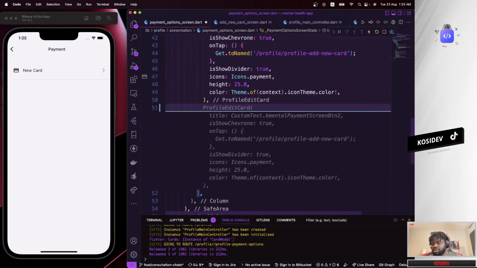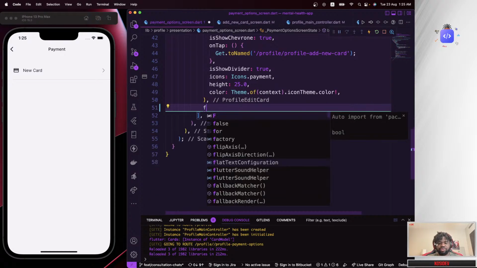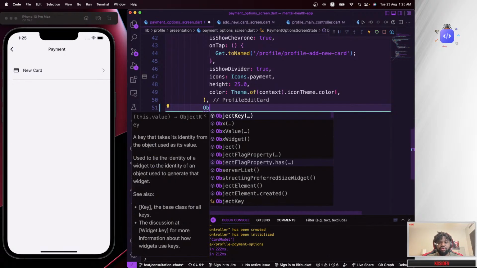Does that actually make sense to have a list view there? To me, it doesn't make sense to have a list view right there. What I could actually do is to have an OBX